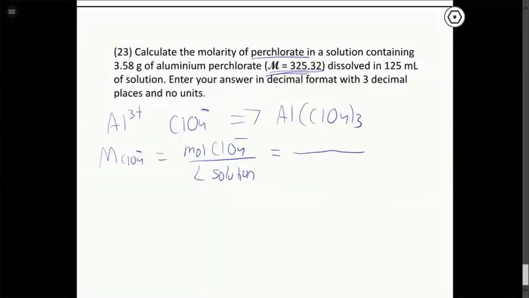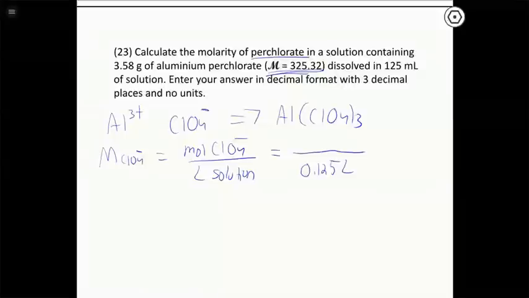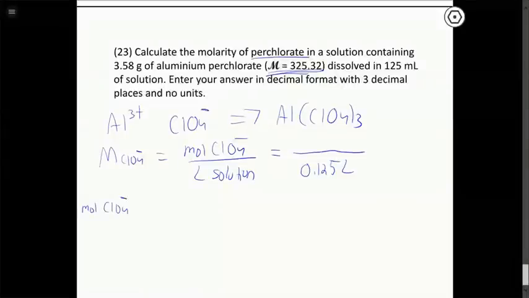Usually in molarity problems, one of these is going to be given to us, and that's often the volume. So we see that our solution has a volume of 125 milliliters. We need that to be in liters to calculate molarity, so we just divide that by 1,000. So the volume of the solution is 0.125 liters. But now we have to do some conversions to calculate the moles of perchlorate that are in there. So if we're looking for the moles of ClO4-,